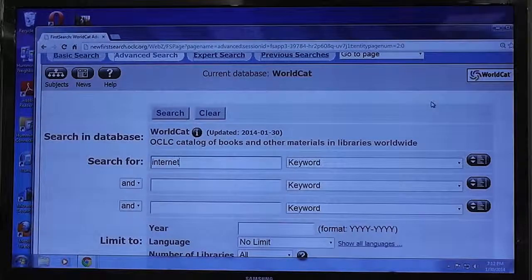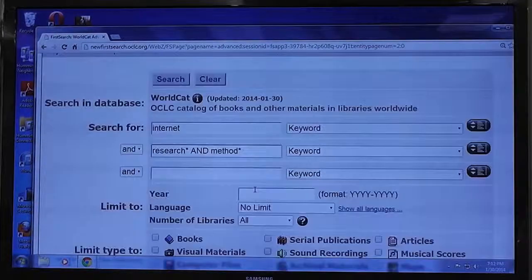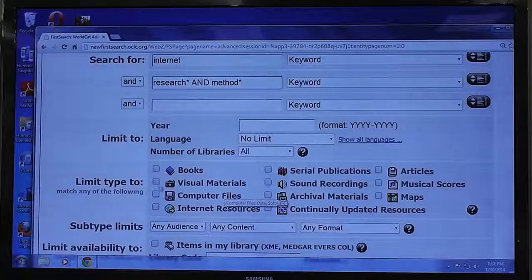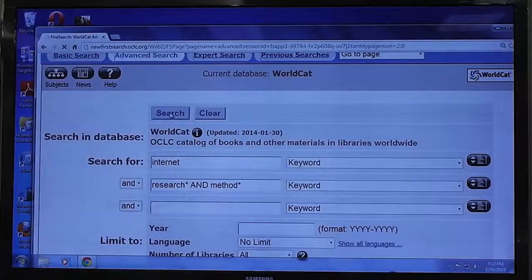Internet, research asterisk, and method asterisk. So I truncated it. So I did it in a similar fashion as we did it in the EBSCO before. You can select the resources here, or you can select them later from your output. Then you click search,